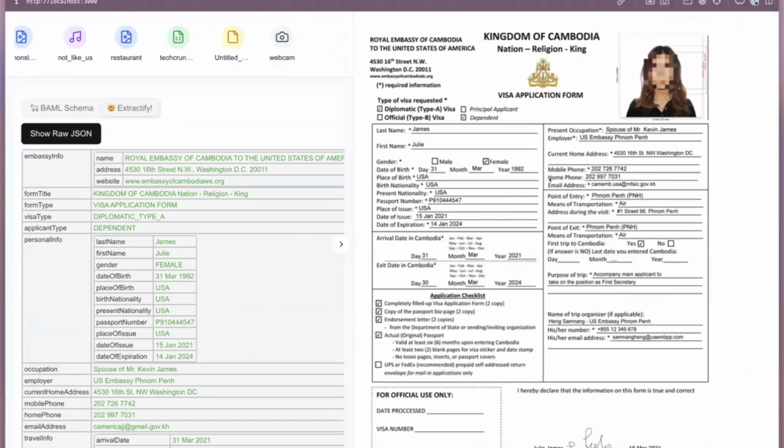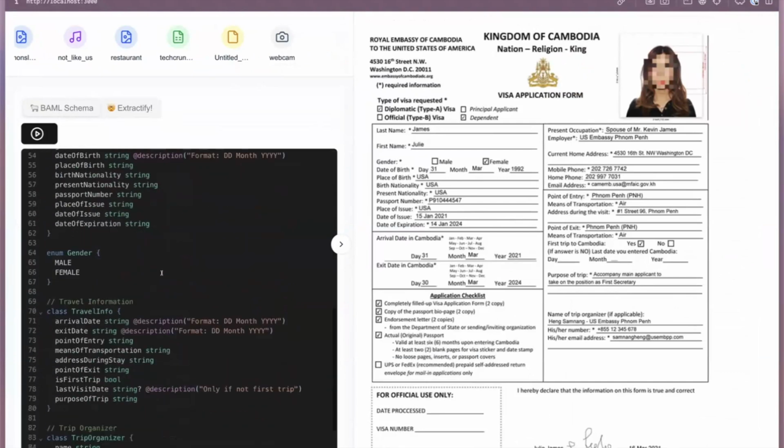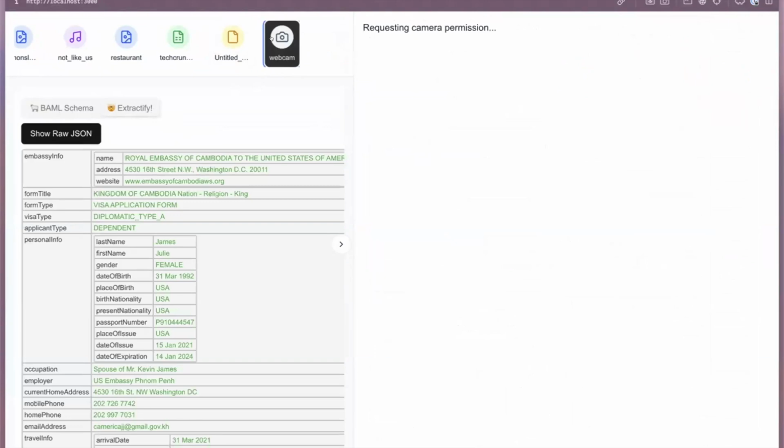We took that content, we passed it to a model. The model went ahead and generated what I call BAML code, and I'll show you what BAML code looks like in light mode in a second. And then we went ahead and executed that code to get this data out of it. What's interesting is we can do it with all sorts of things.